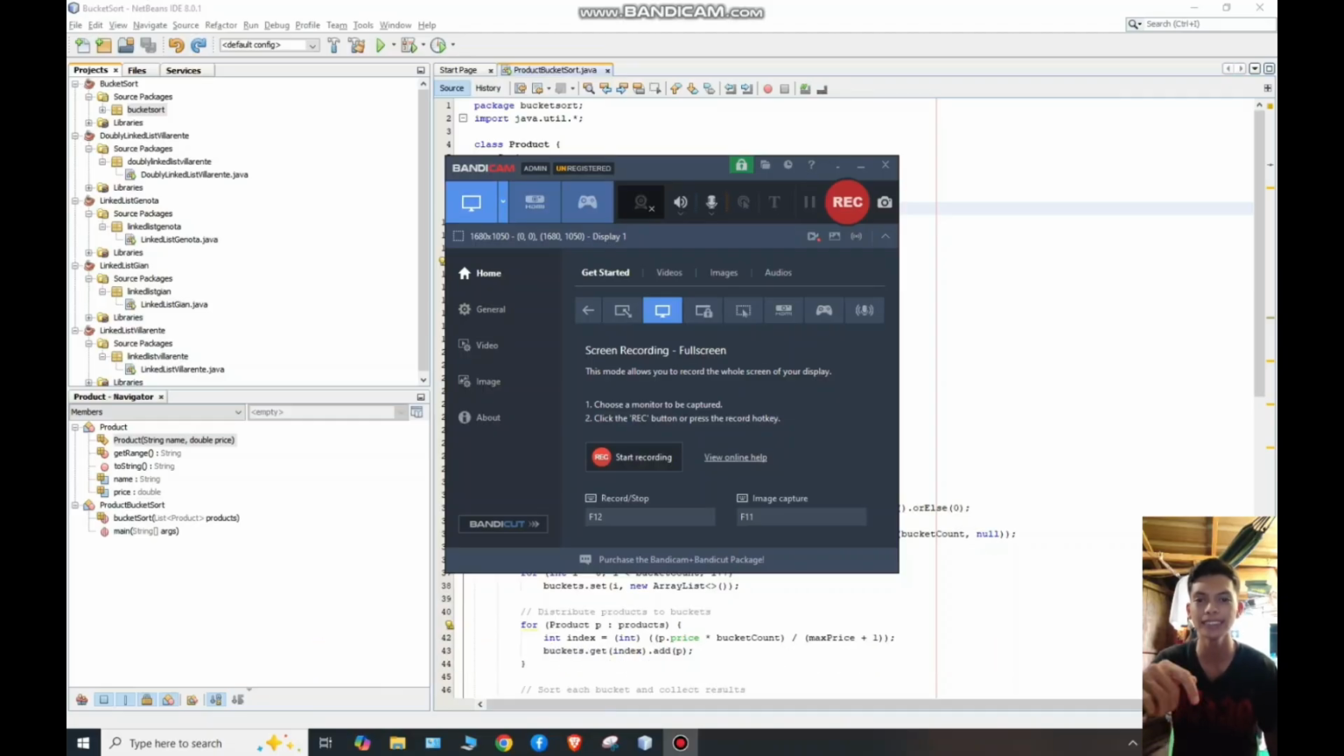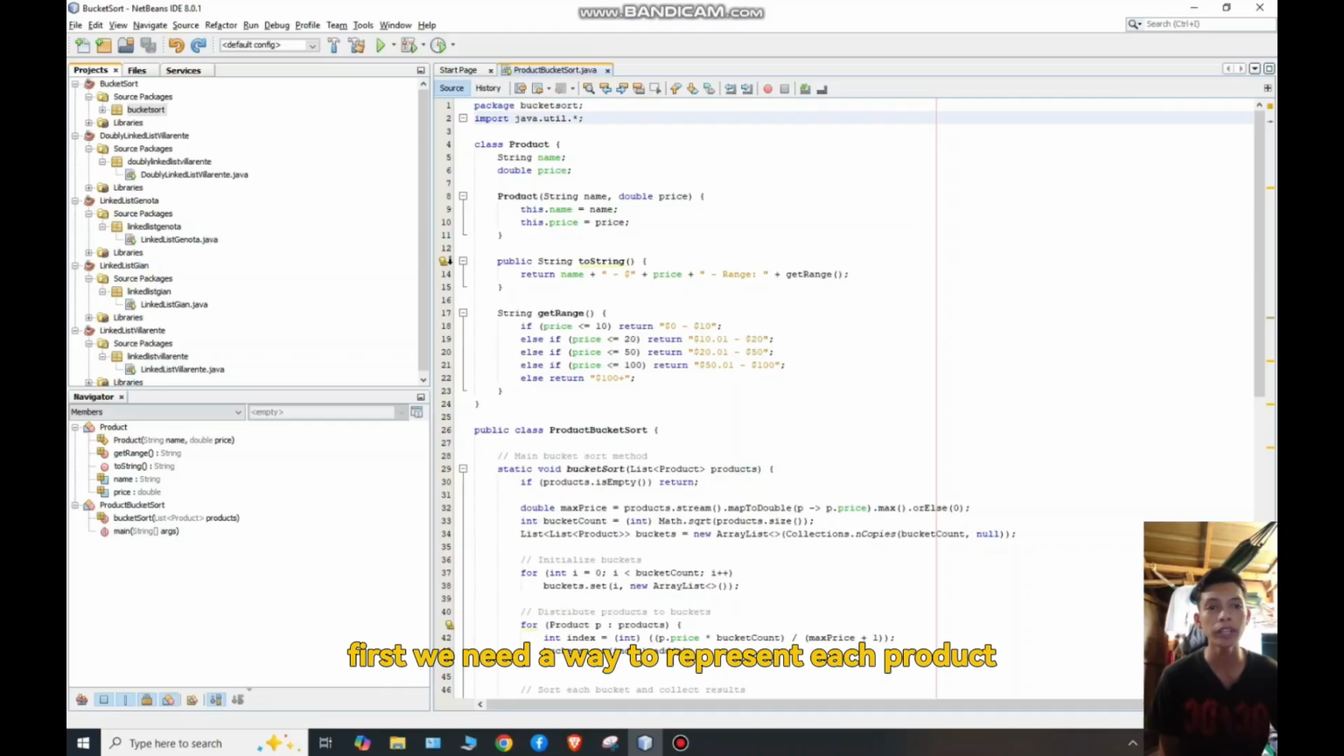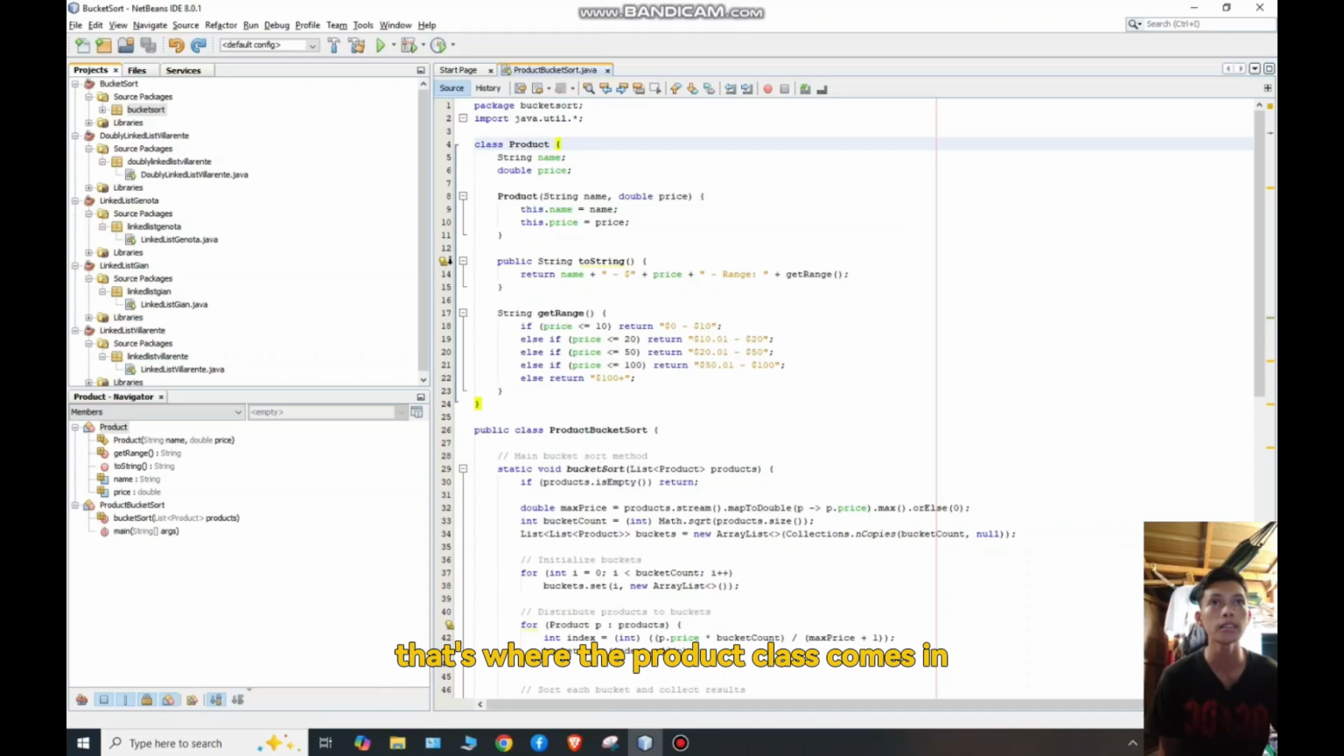Let's get started. Here we have the Java code. We have the package bucketsort; import java.util.*; and the class Product. First, we need a way to represent each product. That's where the Product class comes in, which has the String name; and the double price;